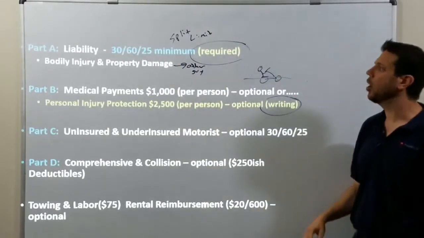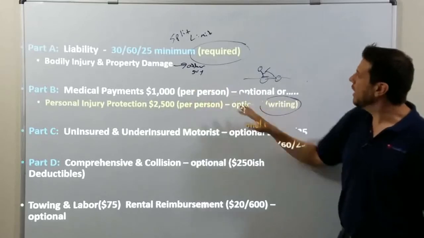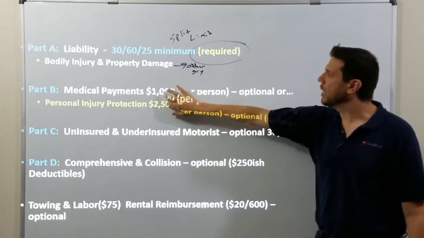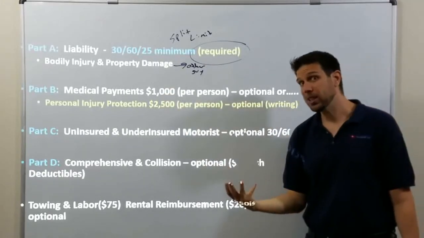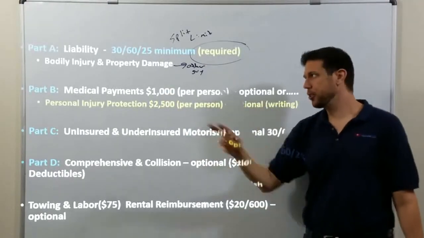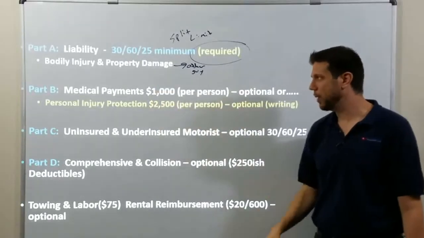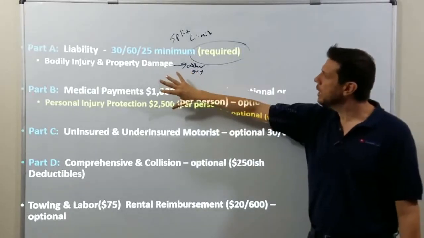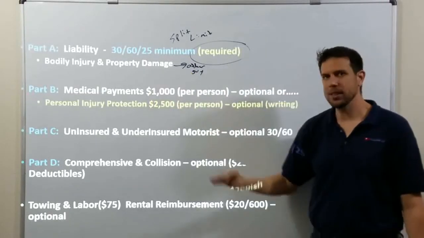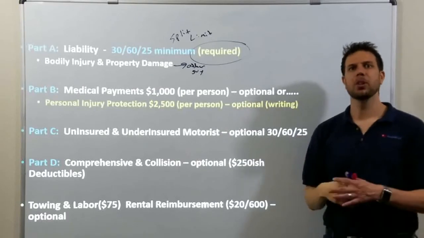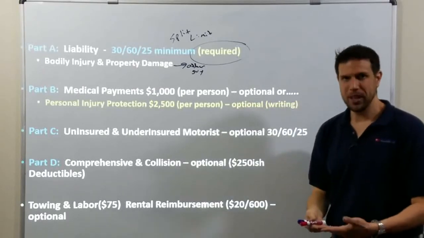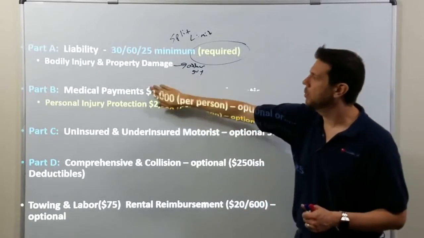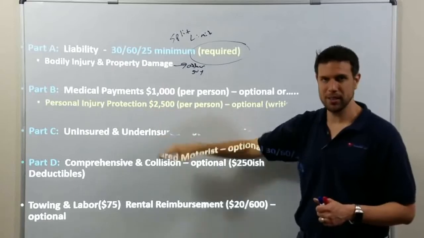It's different in auto. Medical payments, again, is optional. They can opt out in writing. And in order to get this money, you do have to submit to a medical exam, and you do have up to 3 years to claim this money for your medical payments. Now let's talk about real world for a second. If a person's buying auto insurance, you can typically ask them, do you have health insurance? And if they say, yes, I have amazing health insurance, they might want to opt out of this insurance.